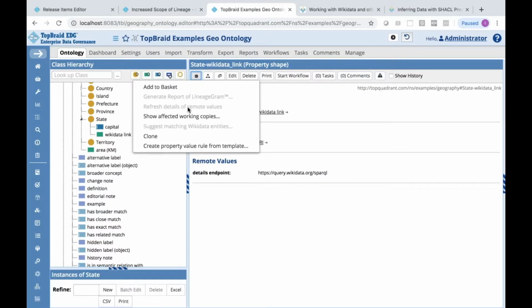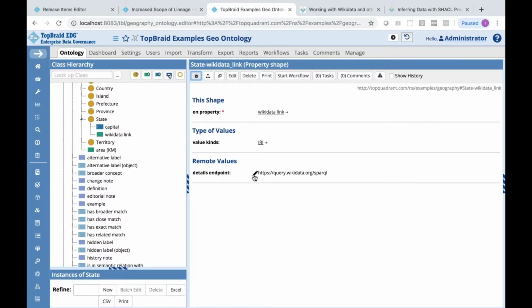And what this handy menu item does is simply make this value an IRI and populate the endpoint for Wikidata. But if you're trying to link to some graph that's not Wikidata but something else, what you need to do is to enter a different value here. That's all. So once it's populated, TopBraid Edge will now be able to take a look at, let's say, states,